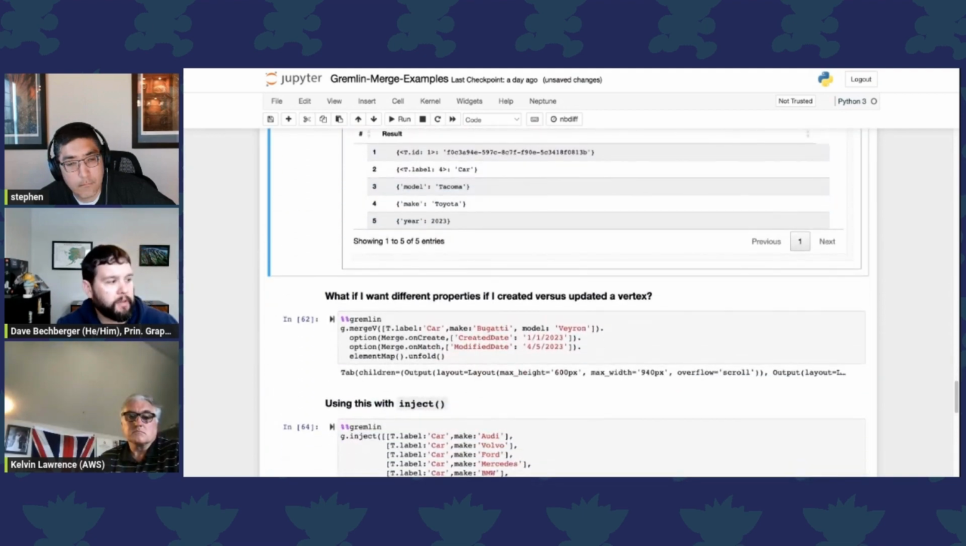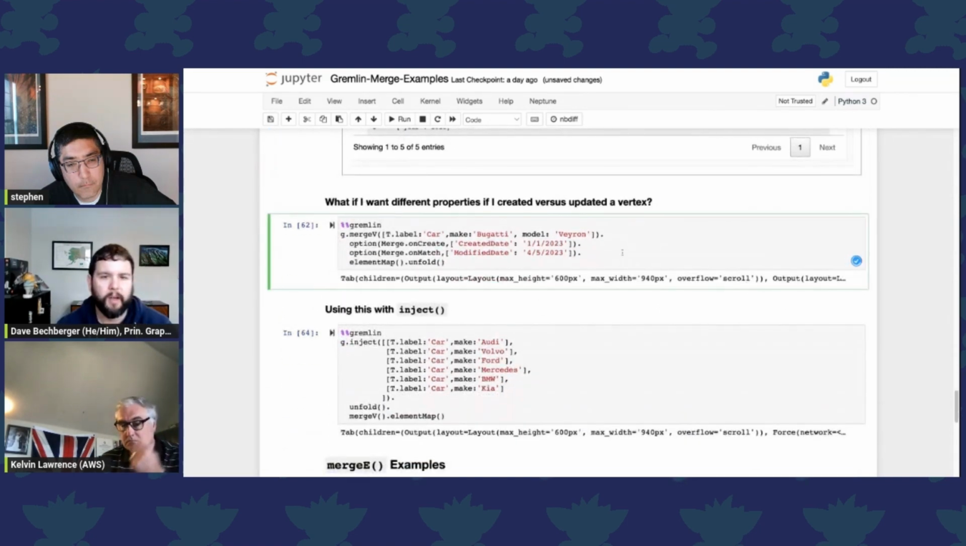But when we went out to users of TinkerPop, one of the things that definitely came back was, well, that's very nice. Sometimes I want to be able to just merge on stuff, but sometimes I want to actually do different things based on whether I'm creating something or I'm merging something. And this is something we saw often with the fold coalesce pattern, is that ability to come in and actually